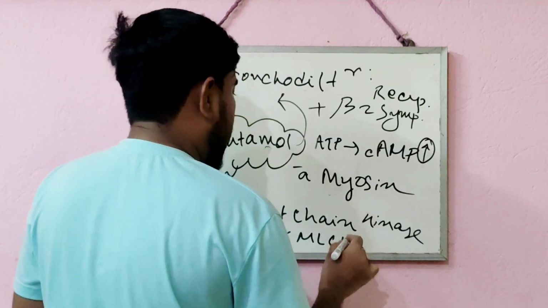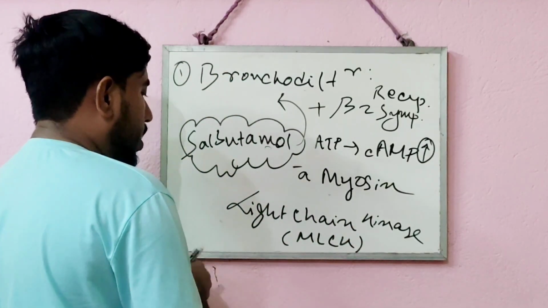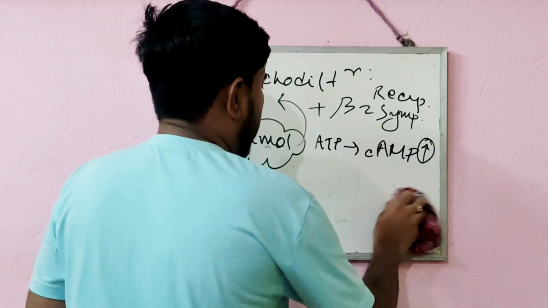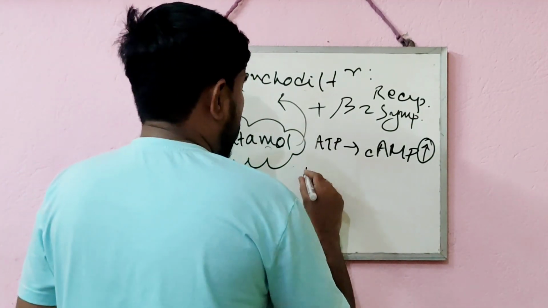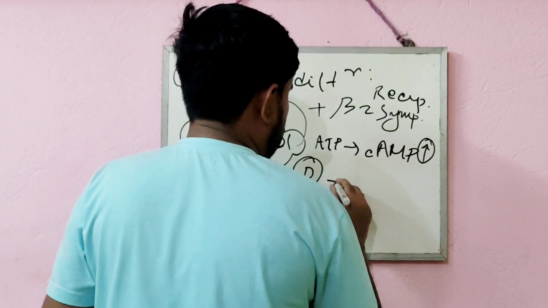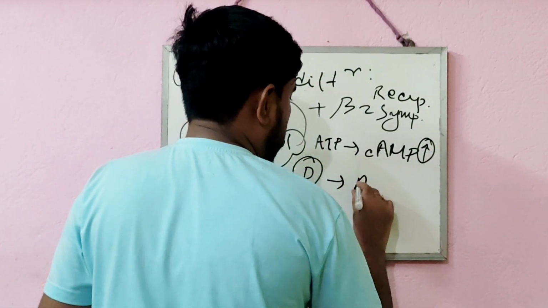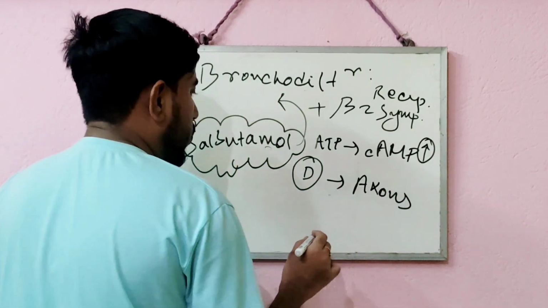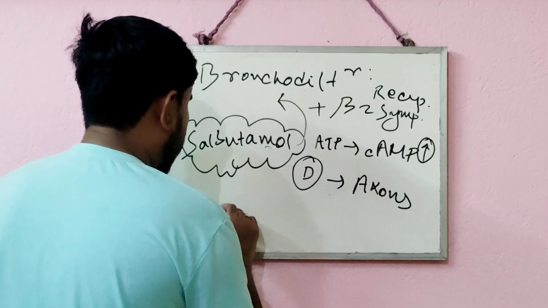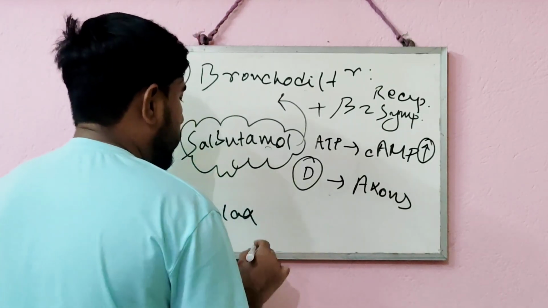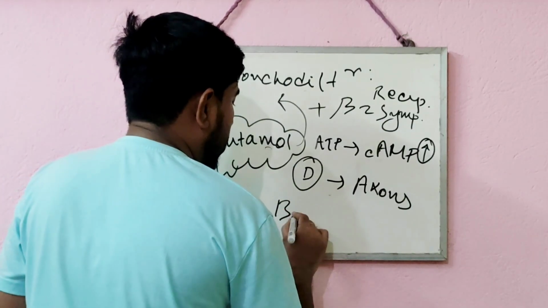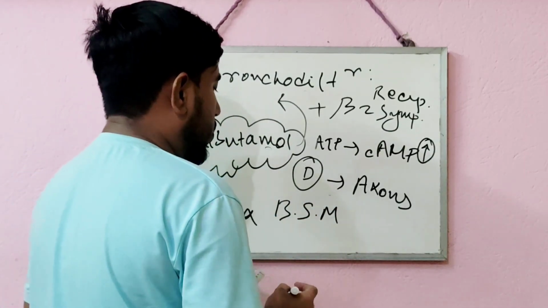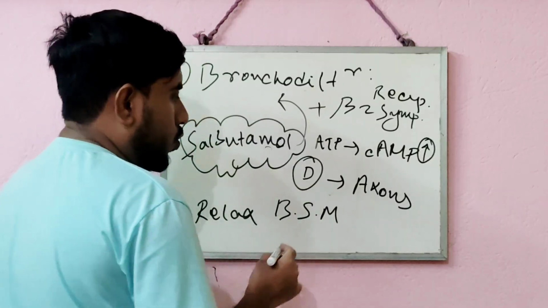So due to the activation of myosin light chain kinase, it will lead to the binding of the drug with the axons, and for that binding it will lead to the relaxation of bronchial smooth muscle, and due to the relaxation or dilation of bronchial smooth muscle,